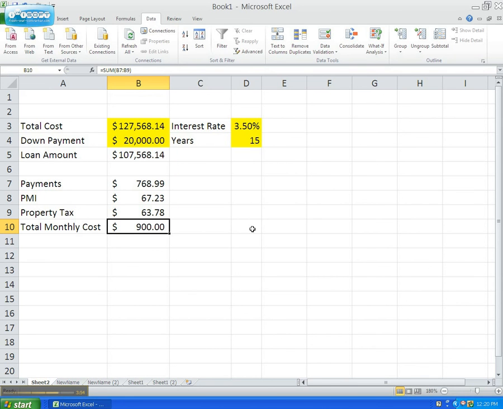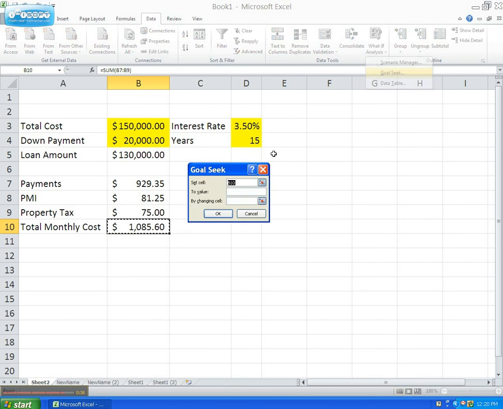If I hit OK, it says, okay, if you want a $900 total cost, you got $20,000 down, 3.5, 15 years, you can afford $127,568.14 for your home. And it works for all the other fields too. I can come back in and say, well, let me put this back to $150,000. I can come in here and say, well, what if I looked at my budget and really I can afford,